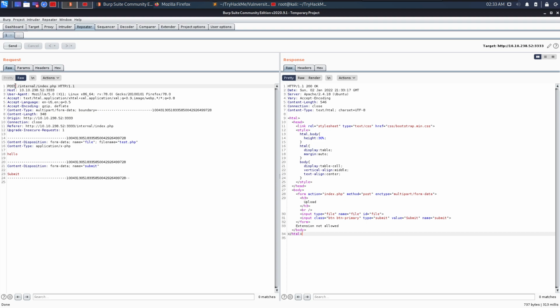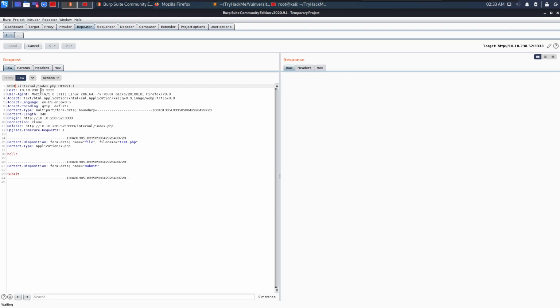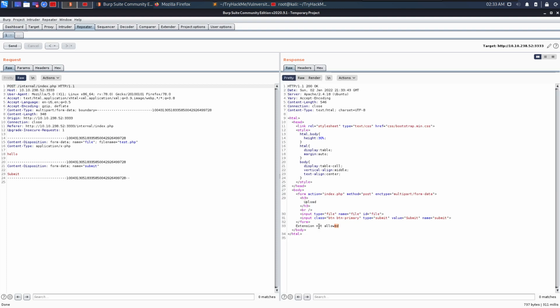So if this request is POST, I can change the POST to GET and let's see what it says. When I send the GET request, it does not show me anything. That's fine. Let's change the request to POST again, send, we see extension not allowed. Now I can change the extension from test.php to, let's say, txt, send, extension not allowed. Let's do a JPEG image, jpg,